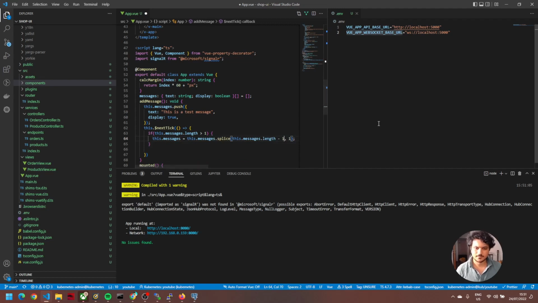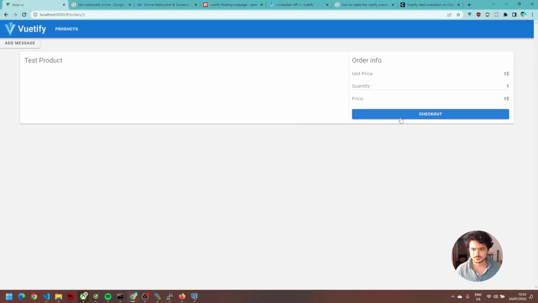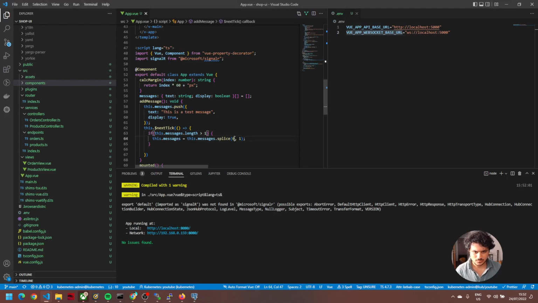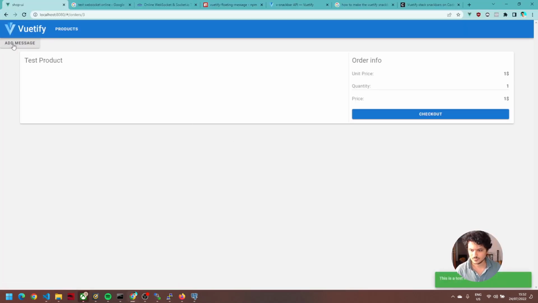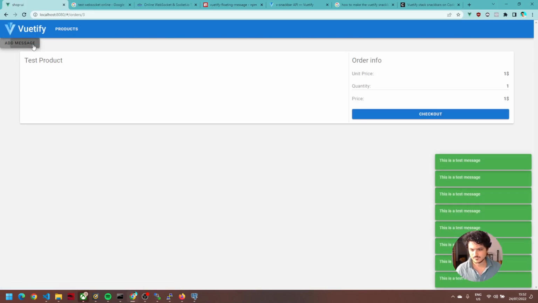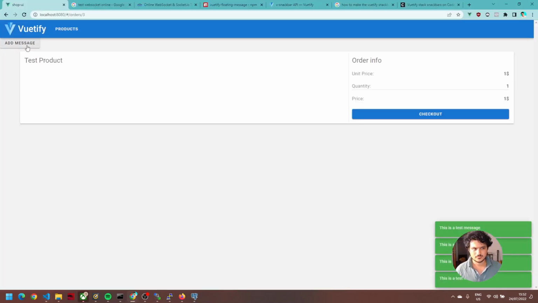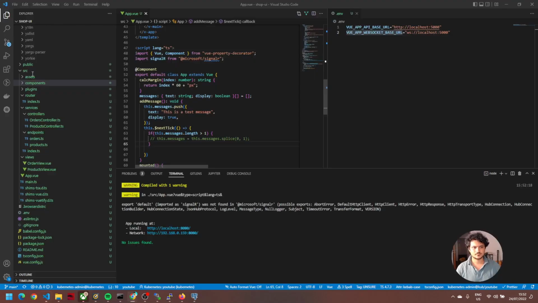Then remove the first one always. We have to